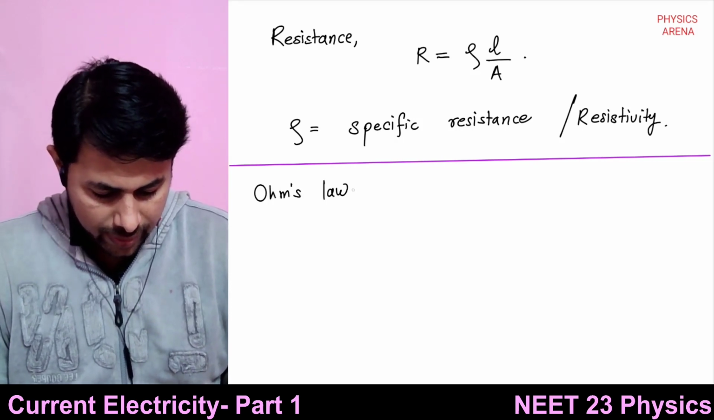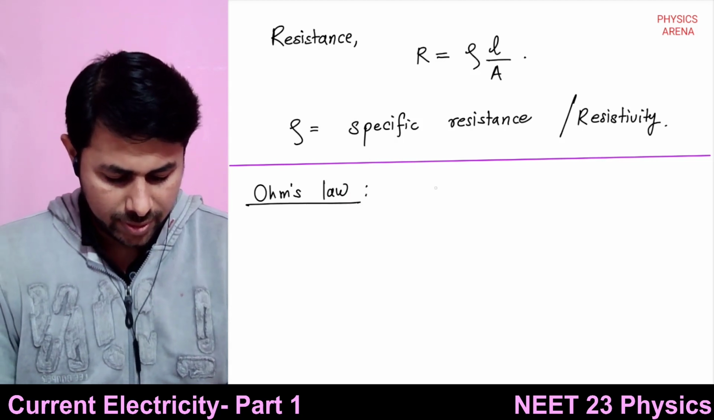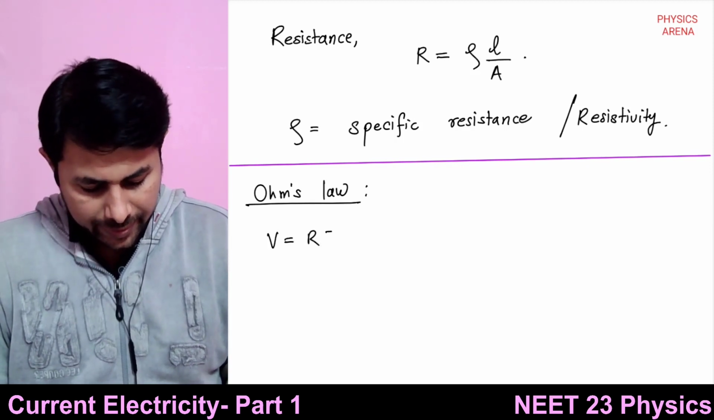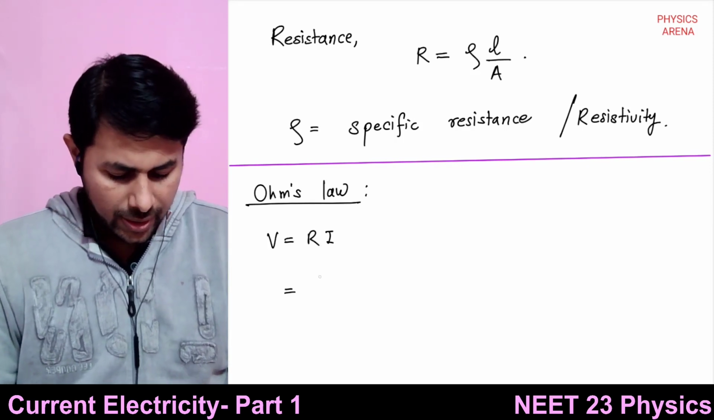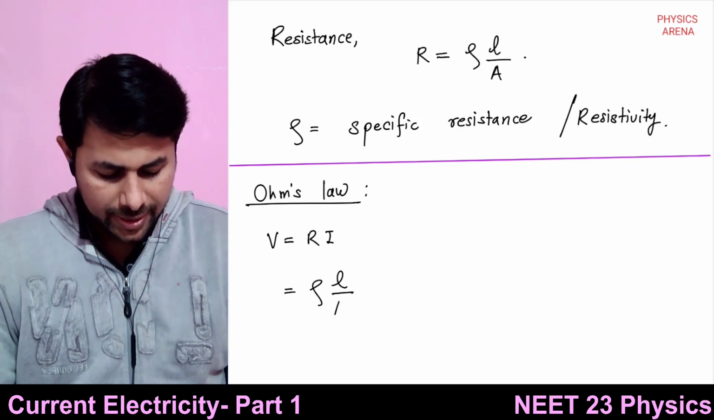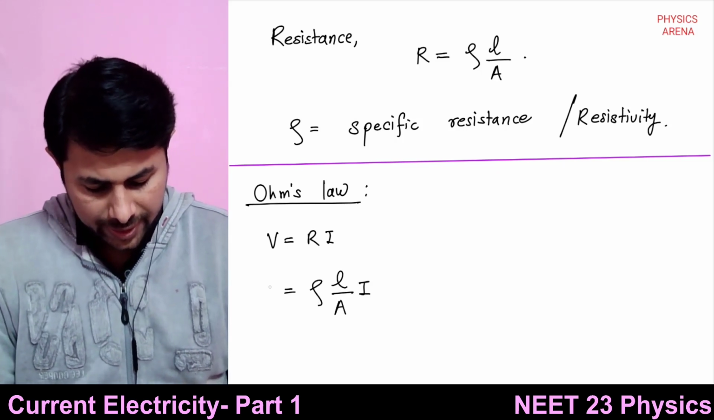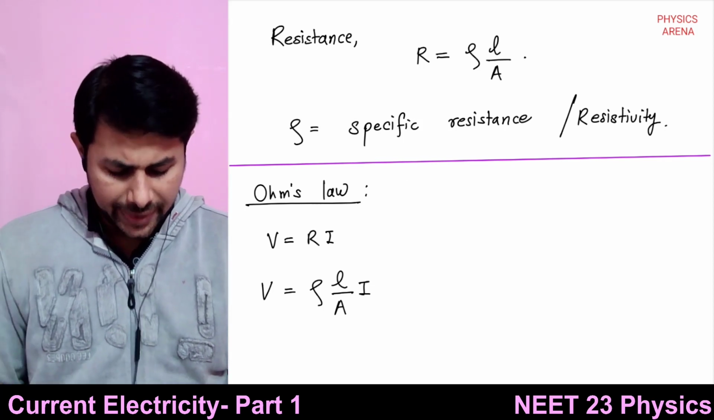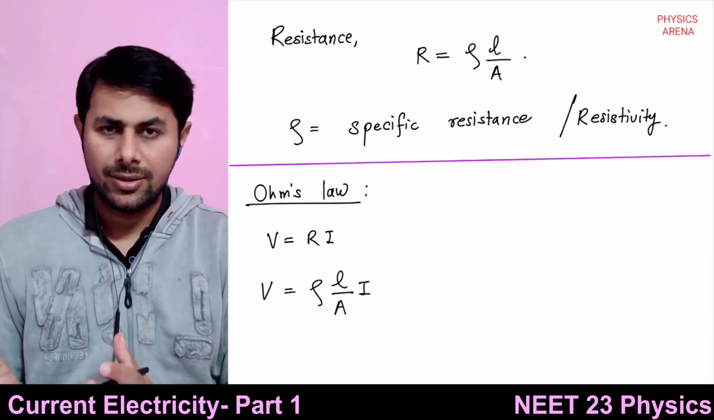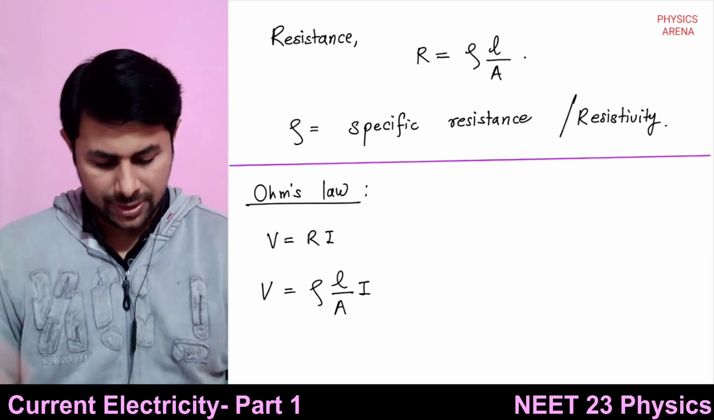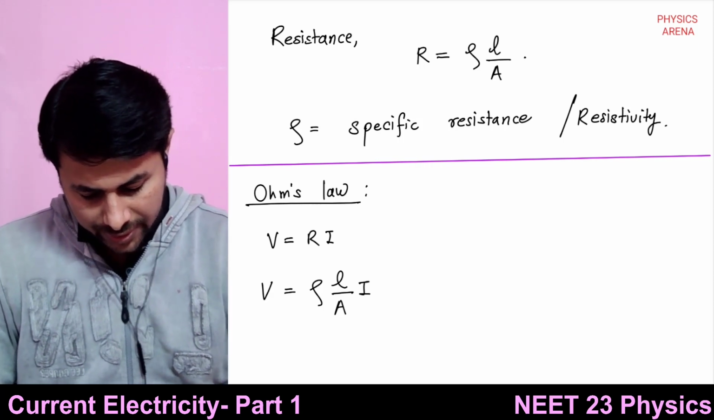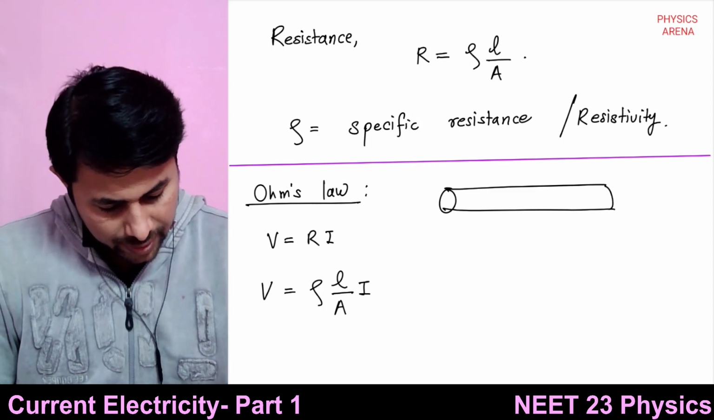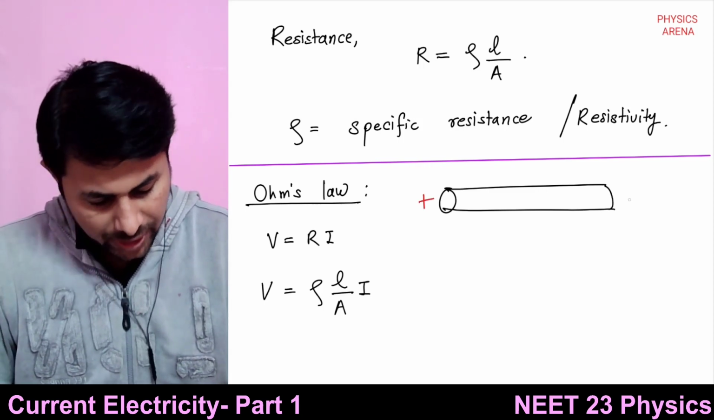Ohm's law can be written as V is equal to R multiplied by I. So it is equal to rho multiplied by length upon area, multiplied by I. Okay. So then you can take L, the length of the material, on the other side. So if you consider a wire like this, when you apply some potential difference,